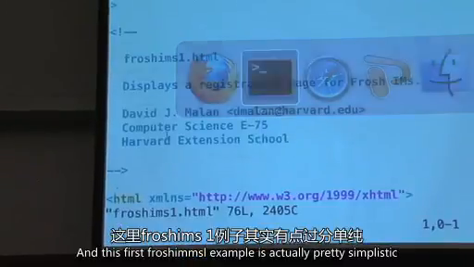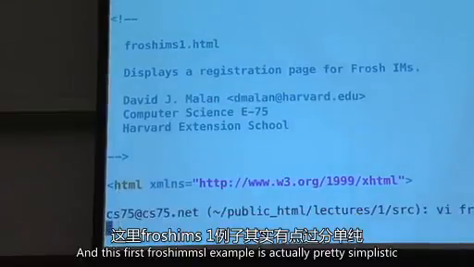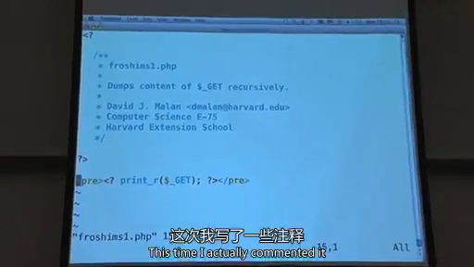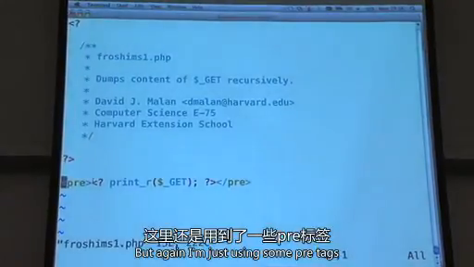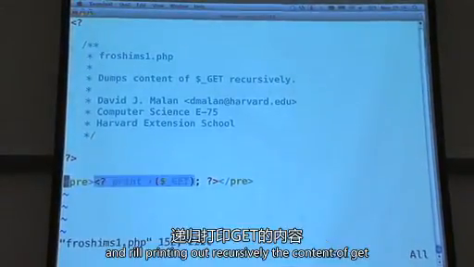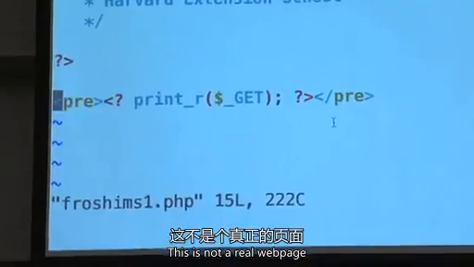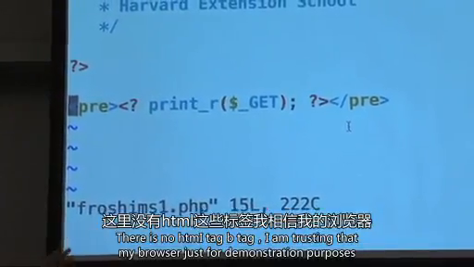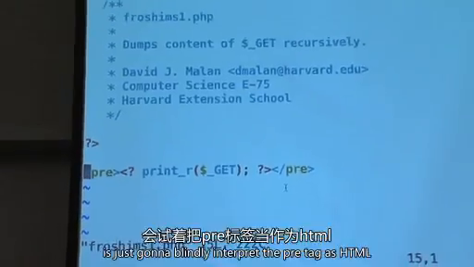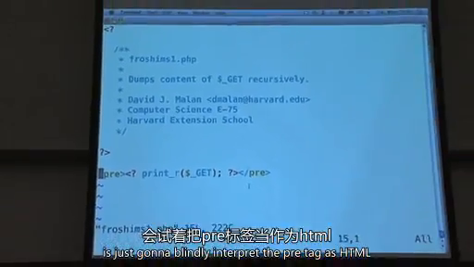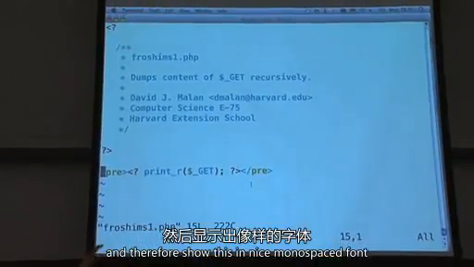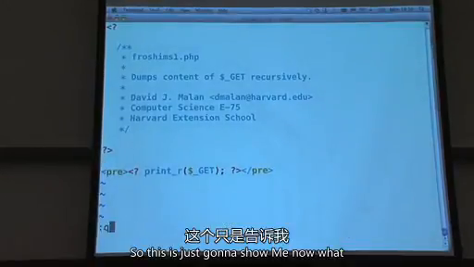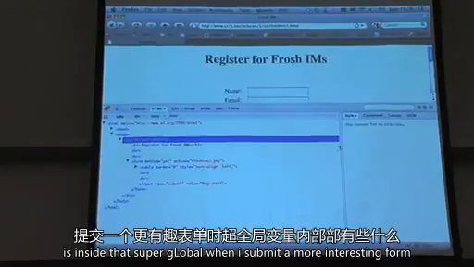And this first frosh.ims1 example is actually pretty simplistic because I just wanted to do a little sanity check. So this time I actually commented it, but again, I'm just using some pre-tags and I'm printing out recursively the contents of get. This is not a real web page. There's no HTML tag, B tag. I am trusting that my browser, just for demonstration purposes, is just going to blindly interpret the pre-tag as HTML and therefore show this in a nice monospaced font. So this is just going to show me now what is inside that superglobal